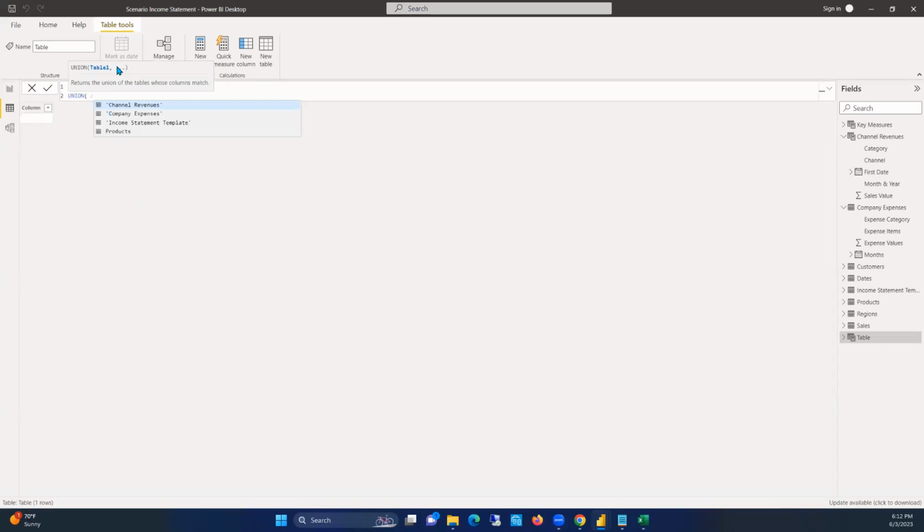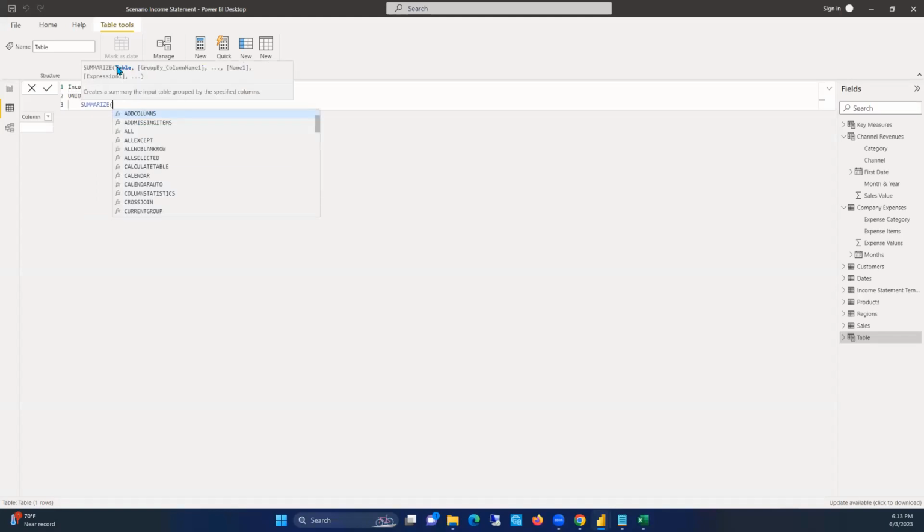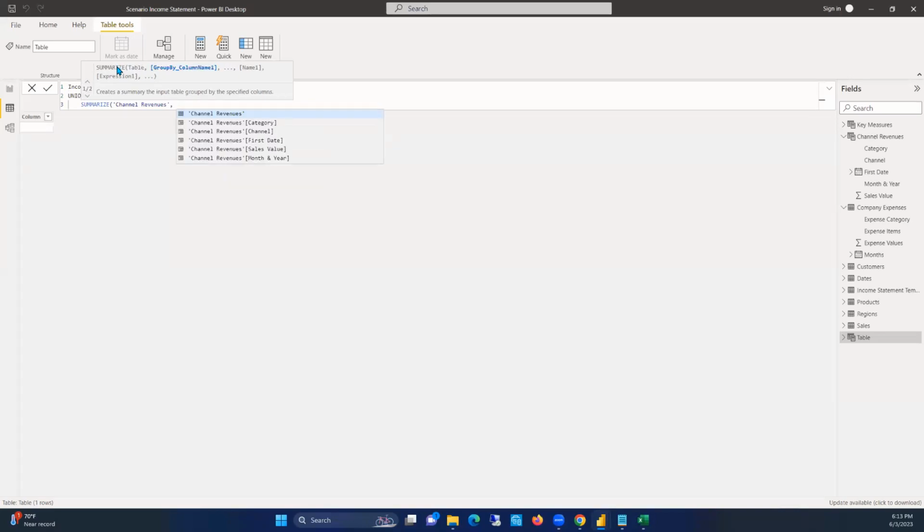union. So the first table is the company expenses table, right? Comma. So it's asking me for the second table. In terms of the second table, I'm going to summarize again from the channel revenue, right? Remember, the channel revenue. So I'm going to specify the table name, which is channel revenue, and then I'm going to specify the